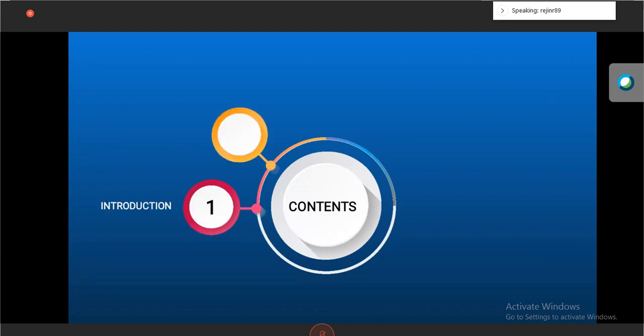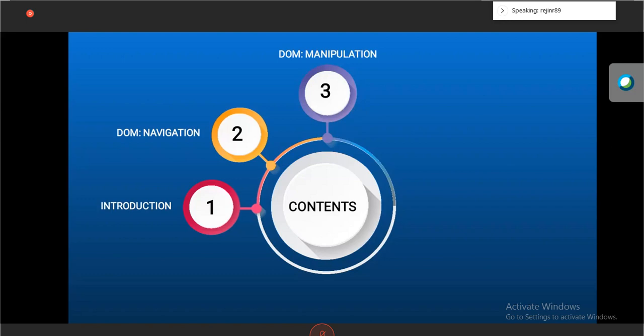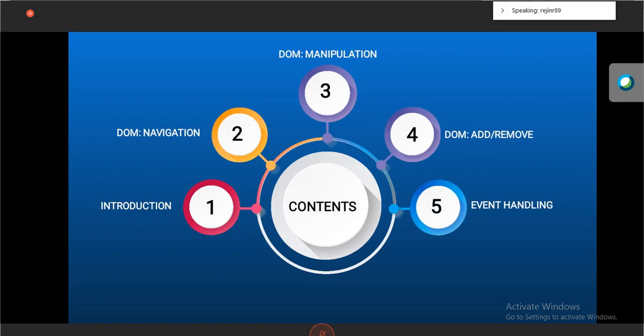Then we will add or remove an HTML element from our page using the DOM. Then we will introduce the basics of event handling. So introduction, DOM navigation, DOM manipulation, adding or removing elements from the DOM, and event handling.